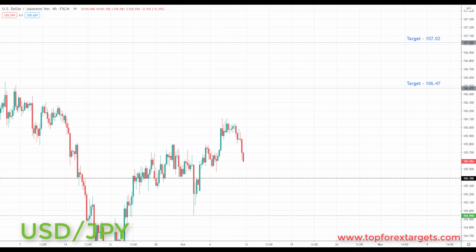So the next market we're going to look at is US dollar Japanese yen. Now we are structured to the upside in this market. We do start the week above the 105.390, so broken resistance looking to turn support. Because we're structured to the upside in this market, it does mean we would favor long positions in this market